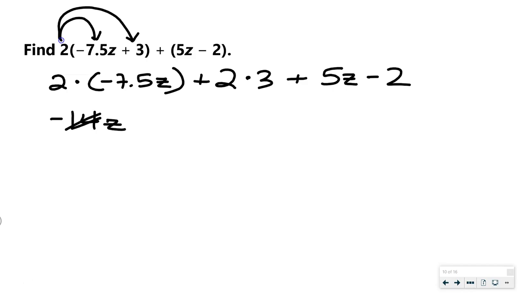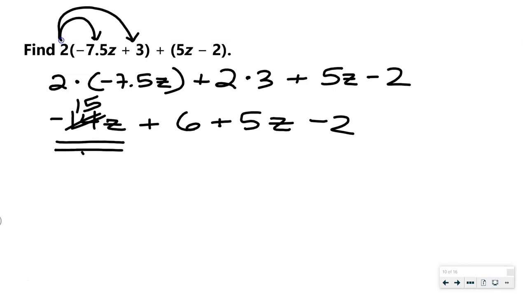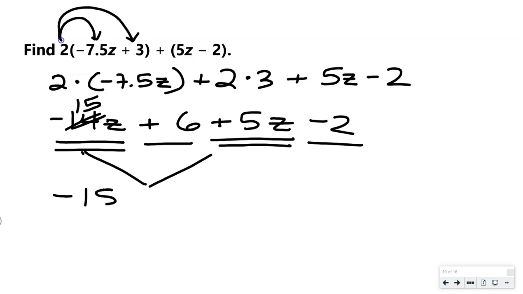So we end up with negative 14z, 7.5 times 2. No, sorry. What am I saying? That's 15, right? So negative 15z plus 6 plus 5z minus 2. We're going to underline twice for our z's, underline once for our constants. We know what we're going to add together. And we have negative 15z plus 5z